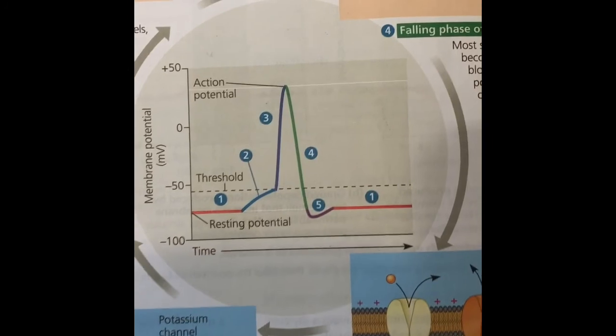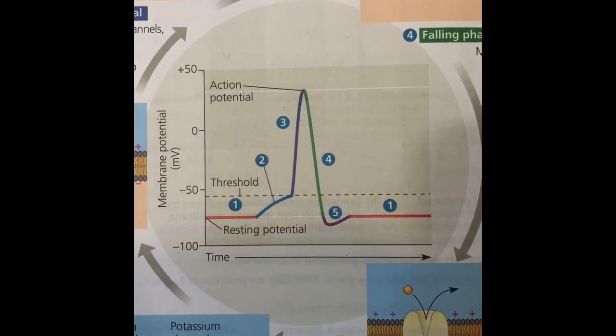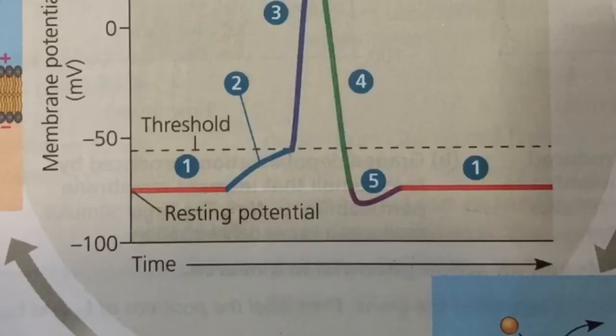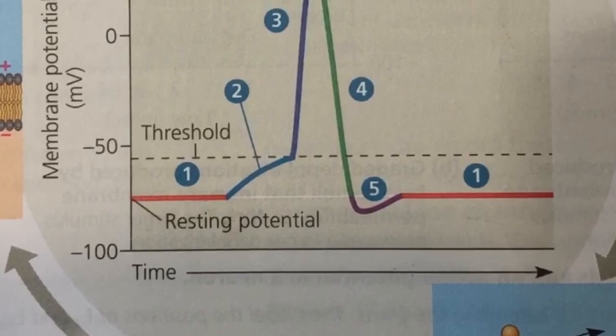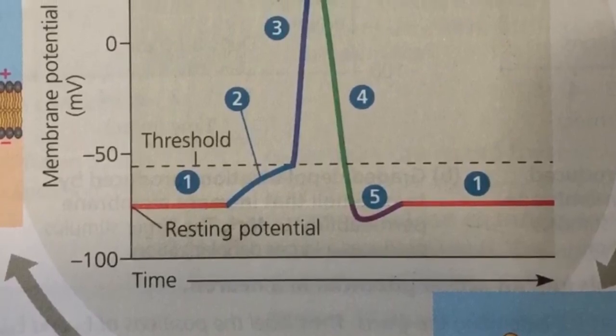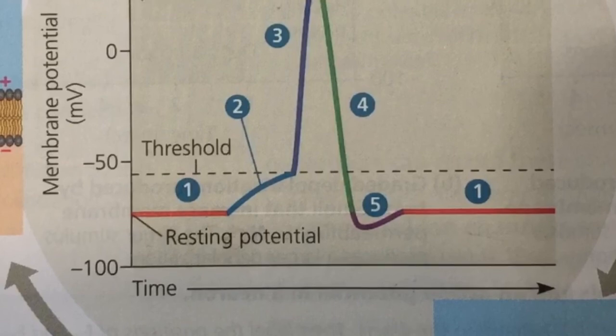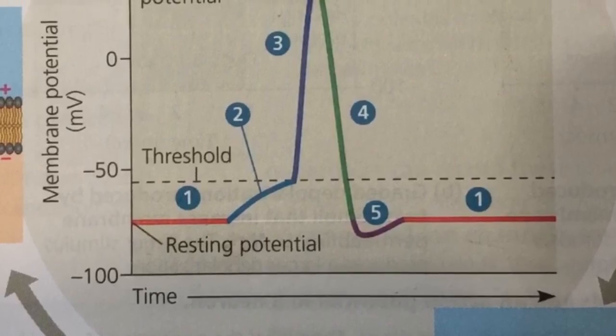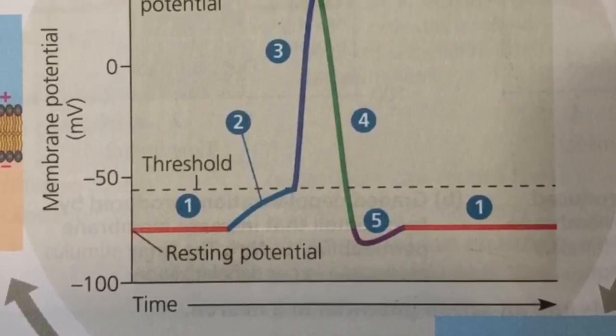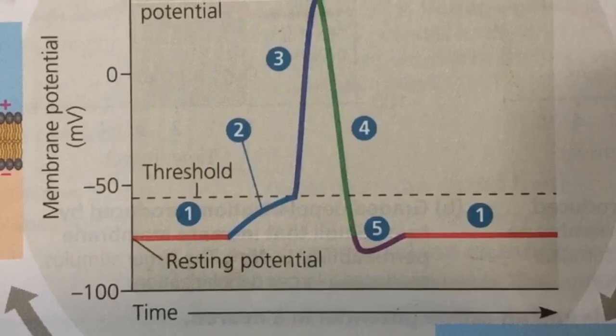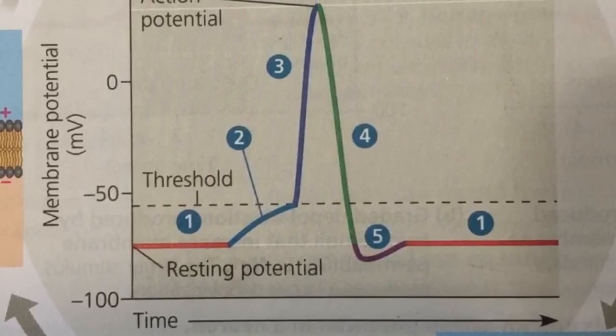To summarize, the impulse starts with the membrane in resting potential as seen in step 1. In step 2, the impulse depolarizes the membrane potential which increases to a point called the threshold potential. After reaching the threshold potential, an action potential is triggered, which causes the membrane potential to increase significantly, as seen in step 3. This is because most sodium channels are open and the inside is much more positive than the